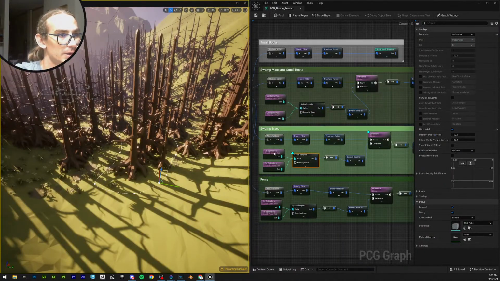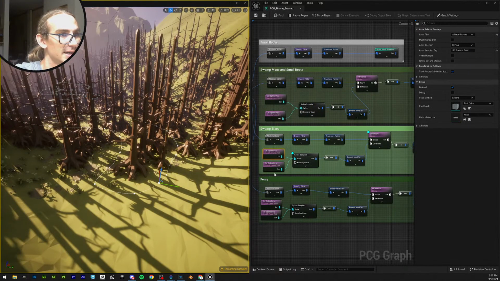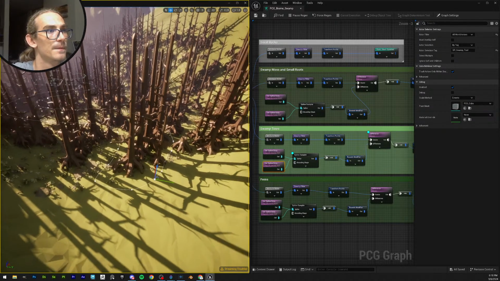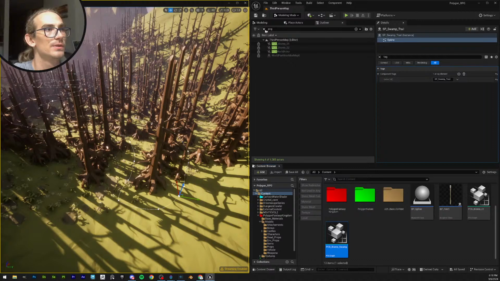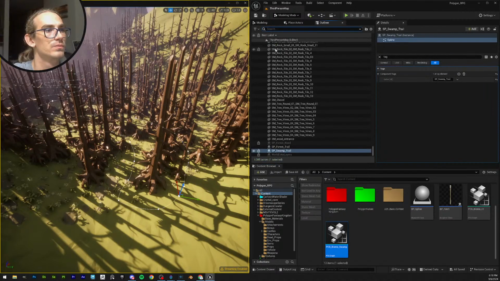This is not working. The spline. Why is it not working? Let me check something out. Let me go into spline